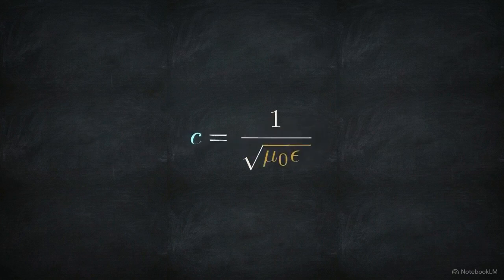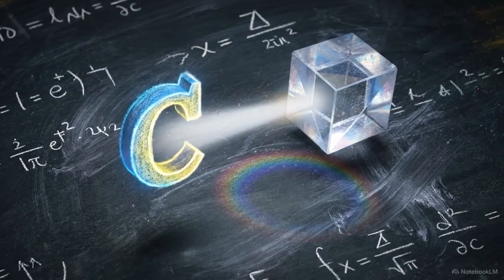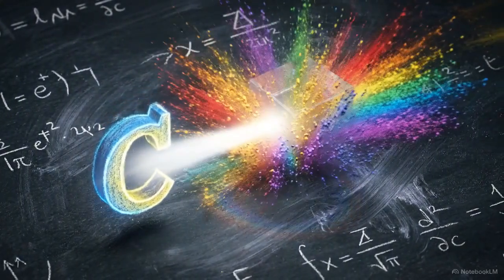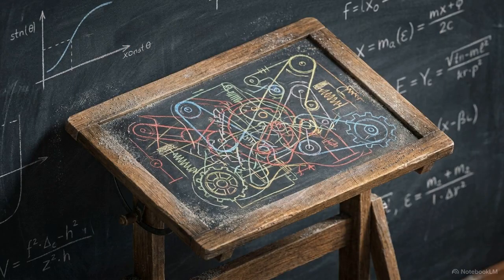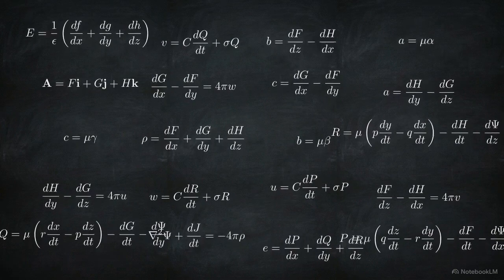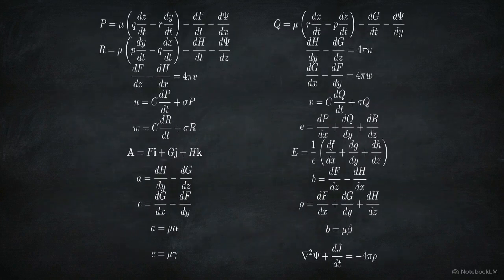Adding this term revealed a wave equation with a fixed velocity of 299,800 kilometers per second. Because this velocity was nearly identical to the measured speed of light, Maxwell realized that light itself was a form of electromagnetic radiation. At first, the theory was nearly unusable for engineering. Maxwell's original formulation involved 20 simultaneous equations with 20 variables, making it a dense mathematical curiosity.